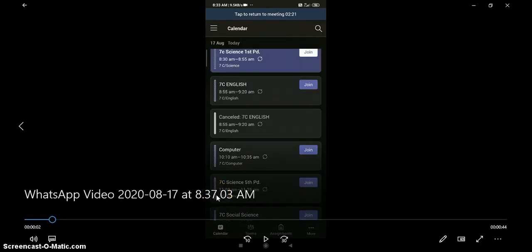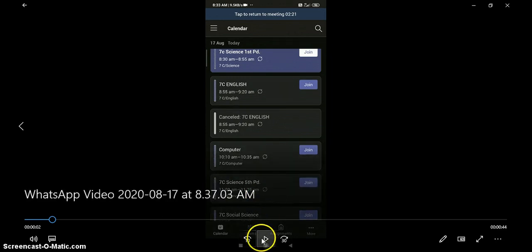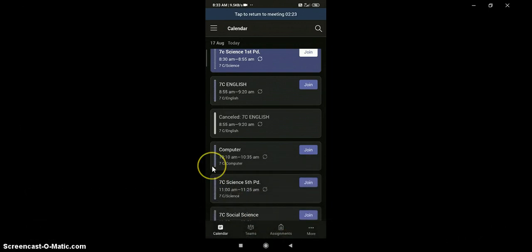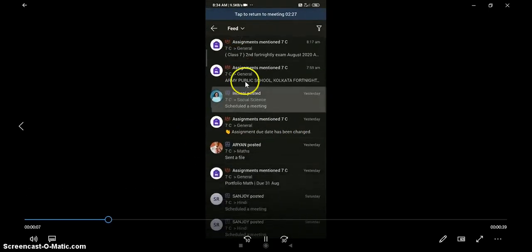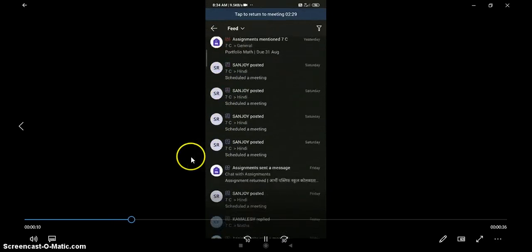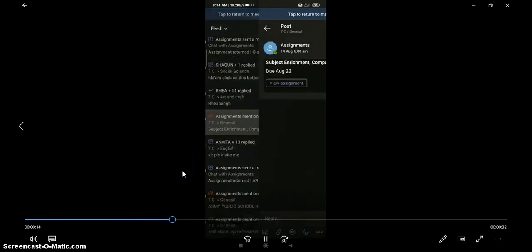Those who are working on or operating from their mobile devices, here is a small clip for them also. So you have to go to assignments, you have to choose the particular assignment.